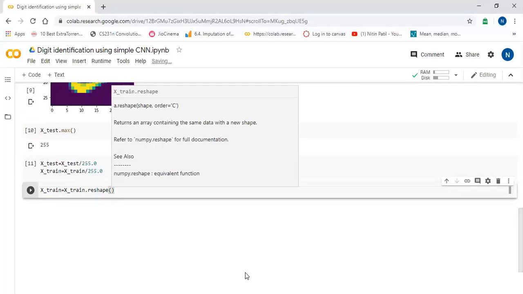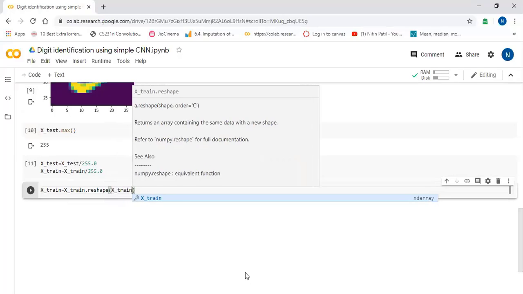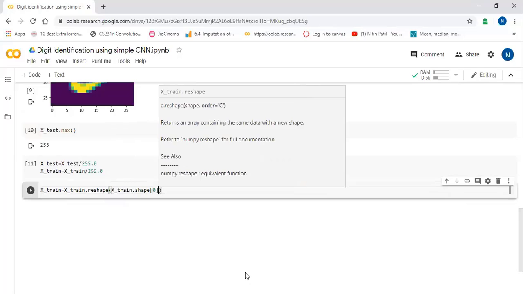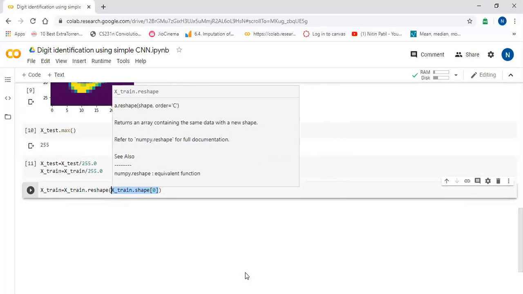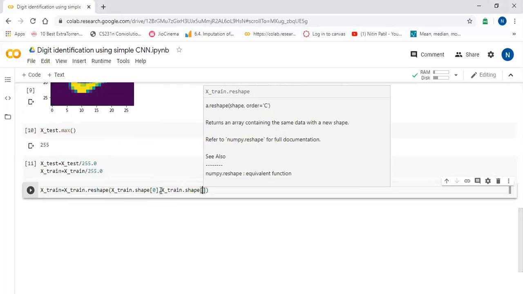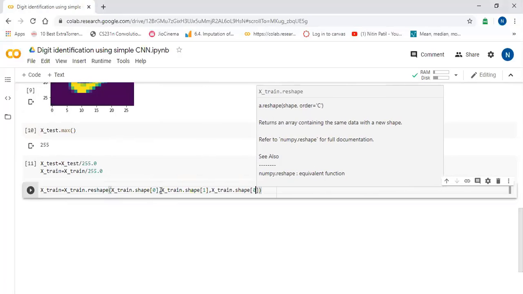We will first get x_train.shape[0], same way shape[1], shape[2], and then we will add one channel to the data.